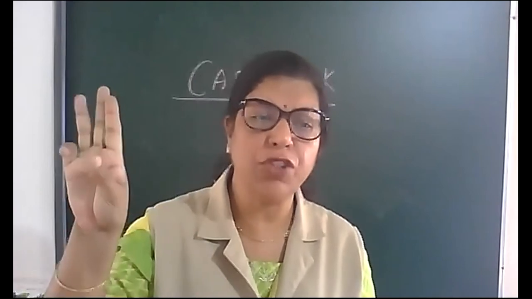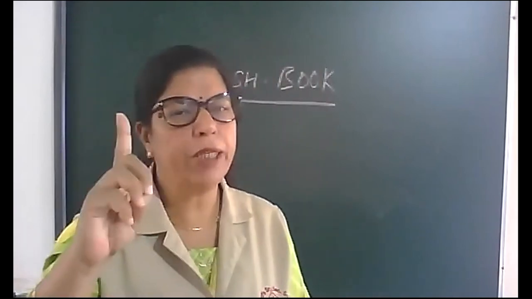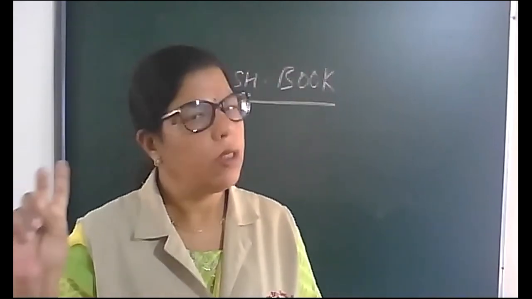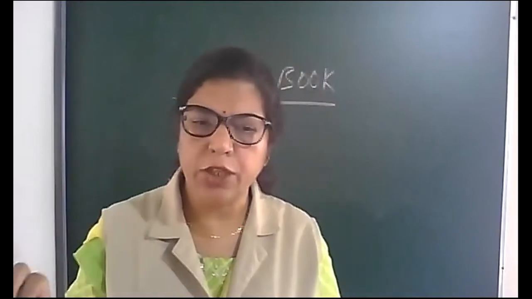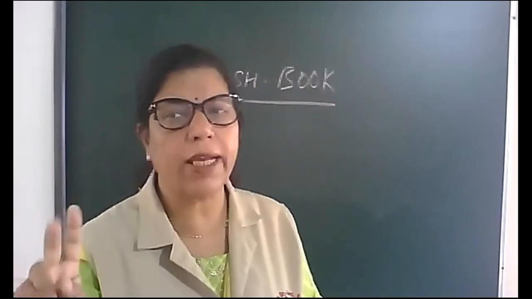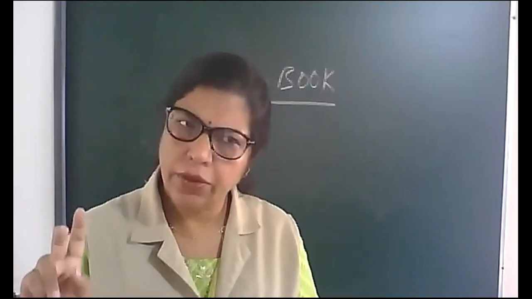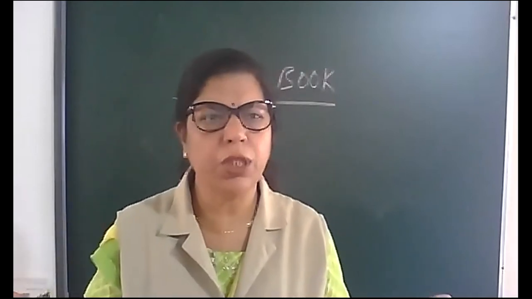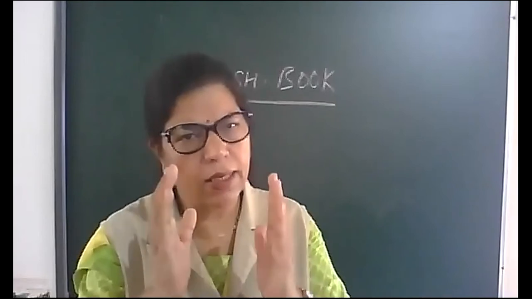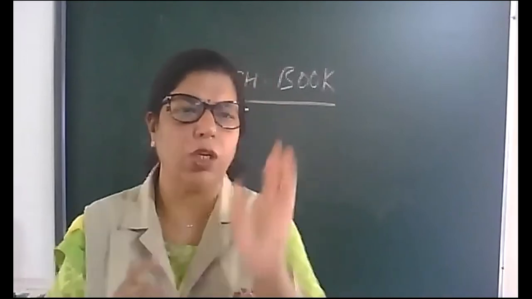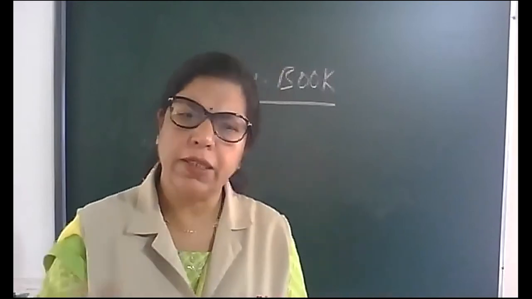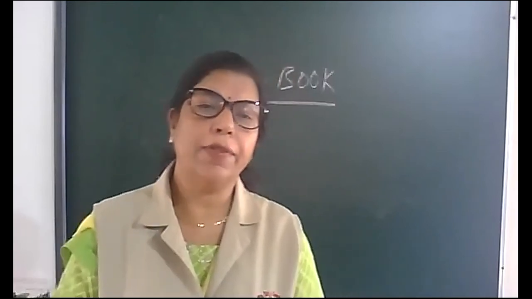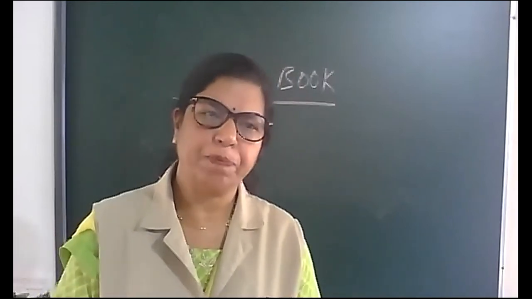Now the cash book is of three types. Simple column cash book, which is known as single column cash book. Second, double column cash book, which is known as cash and bank, because nowadays without bank transactions no one can do the business. That's why in one cash book they have two columns, one for cash, another for bank. That's why it is known as two column cash book. And third is petty cash book.